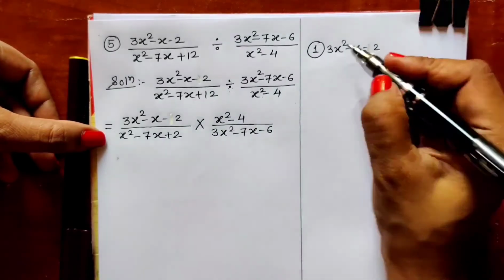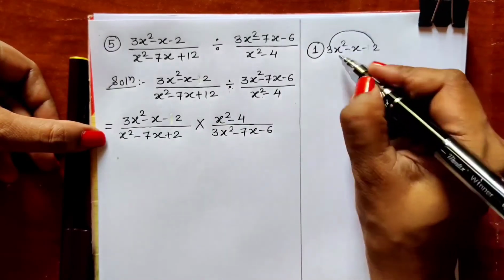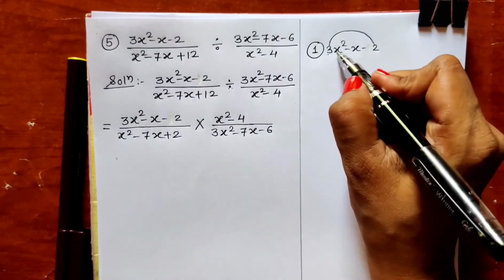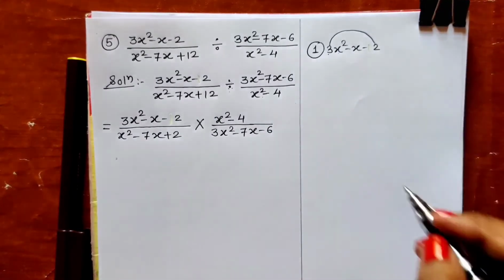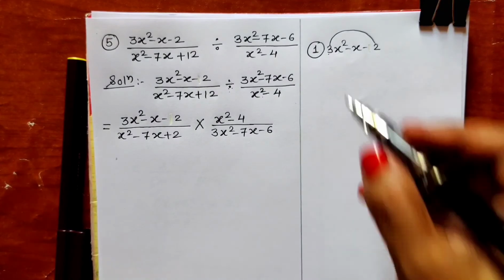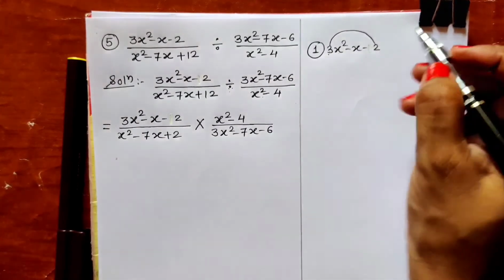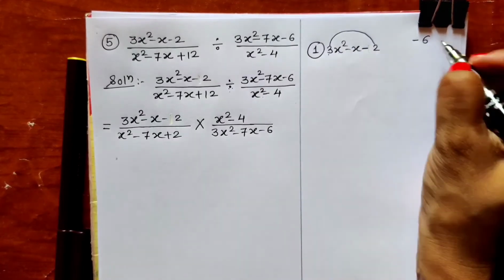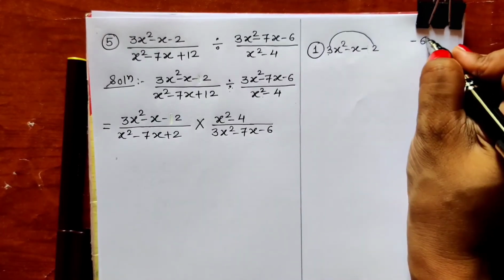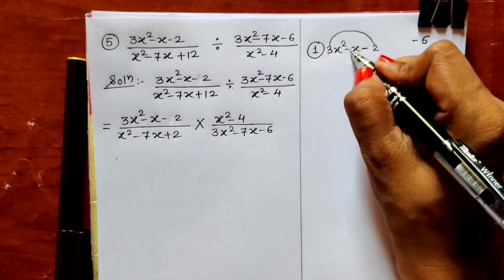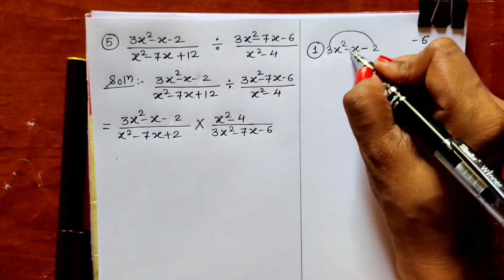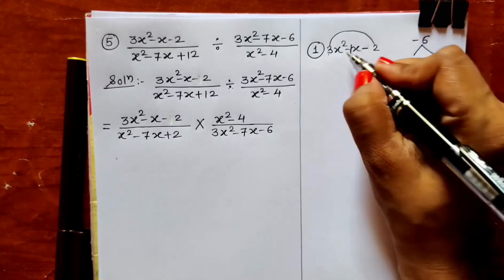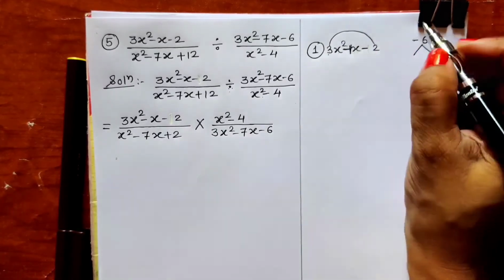So we have to find the factors of 3 2s are 6, because the coefficient of the first term is bigger than 1. When the coefficient of the first term is bigger than 1, we all know how to find the factors. We have to multiply this coefficient with the constant term. It will be 6. The sign of this term is minus 6. So we have to find the factors of 6 whose subtraction should be the coefficient of the middle term. The coefficient of the middle term, nothing is there, means 1 is there. So we have to find two factors of 6 whose subtraction should be the middle term, 1.